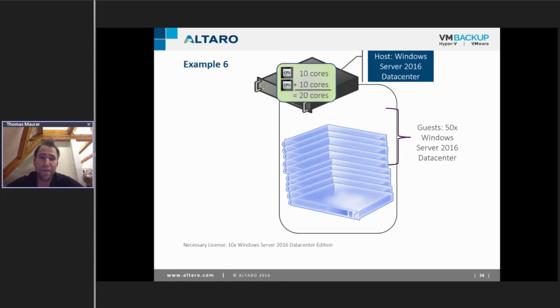Now, as I said, if I have larger CPUs with more cores, the licensing goes up. So in that case, we have to buy 10 2-core packs of Windows Server 2016 Data Center Edition instead of the 8 we had to buy before. 8 was the total minimum, and 10 is now because we have larger CPUs. It still doesn't matter how many virtual machines we run on top of that.